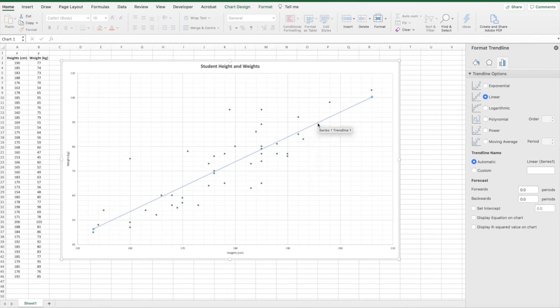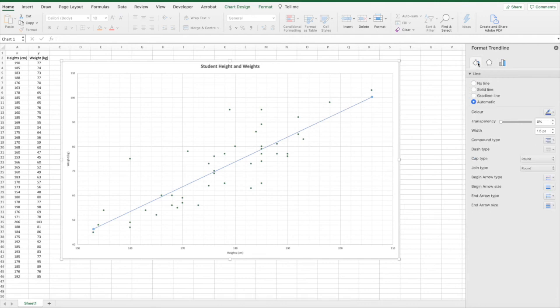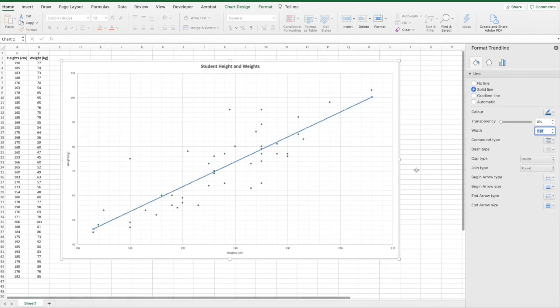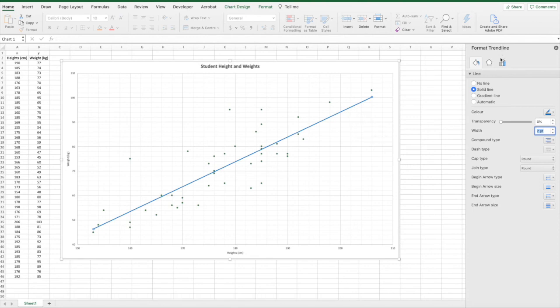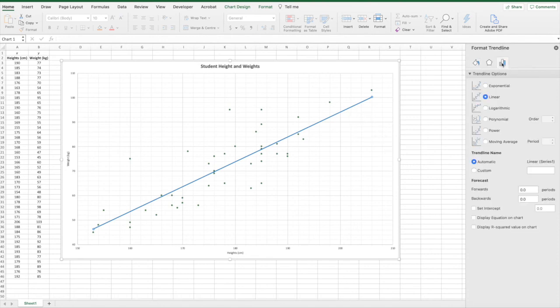So again, if you don't like the formatting, you can right click and go format trend line, going across to the paint bucket, and then you can choose a color. So you might choose to go with a different blue. You can increase the width. If you want a solid line instead of a dotted line or vice versa, you can play around with the formatting for that. Staying with our format options, if we go back into trend line options at the end, down the bottom,